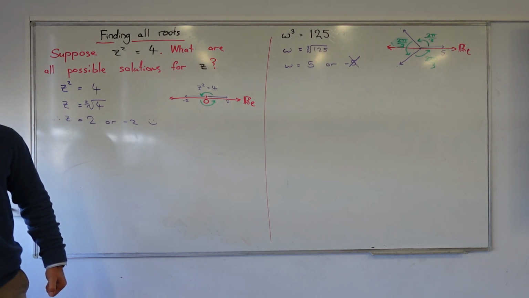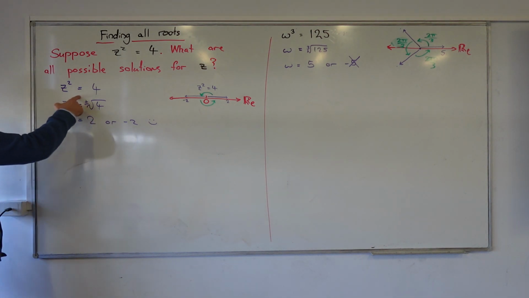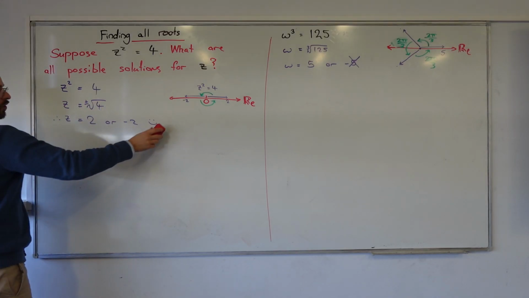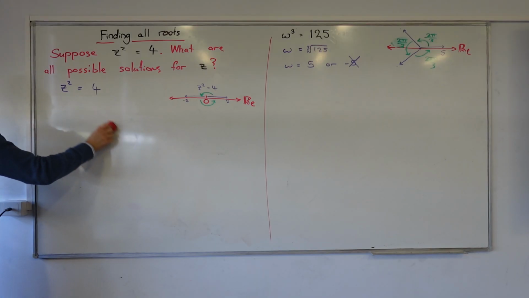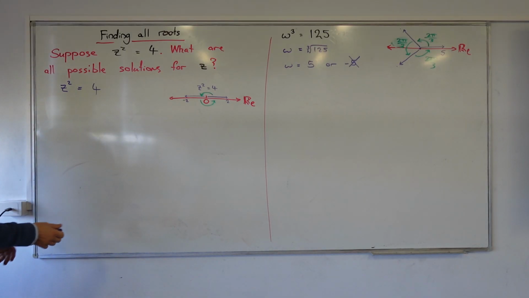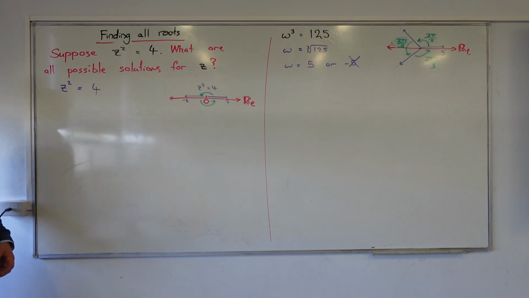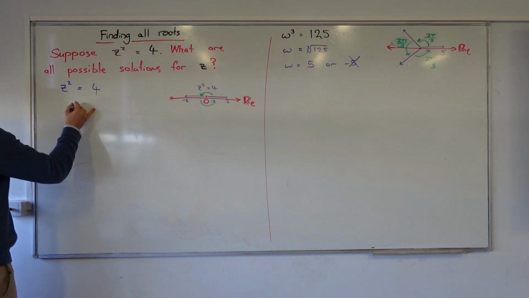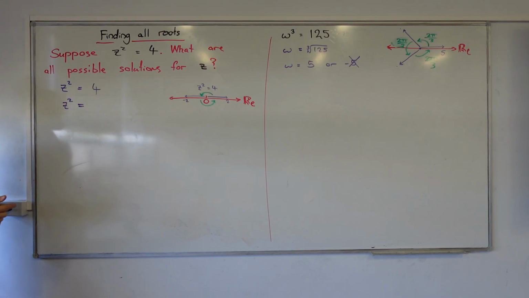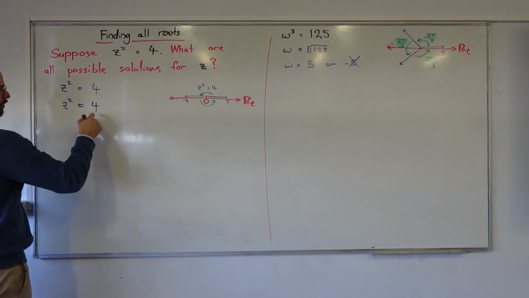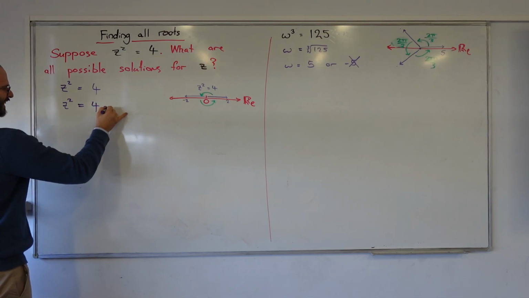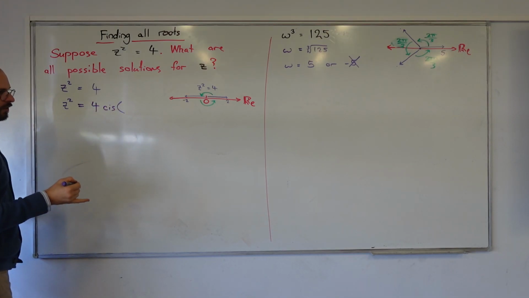Are we ready? All right, let's take this back because this is year 11 sort of work. We're better than that. What we're first going to do is write this in polar form. If we were going to write z squared, how do we write that in polar form? Modulus of 4, cis argument of